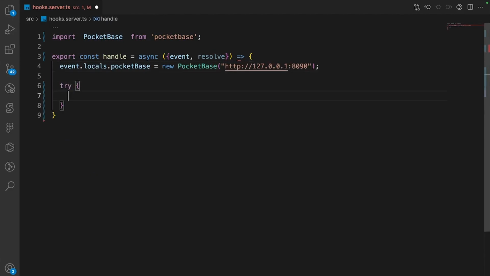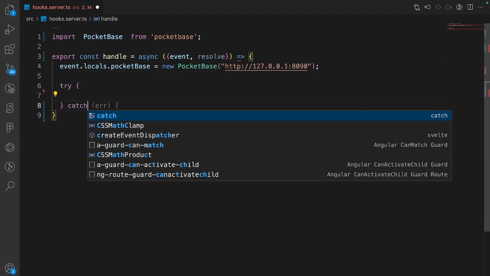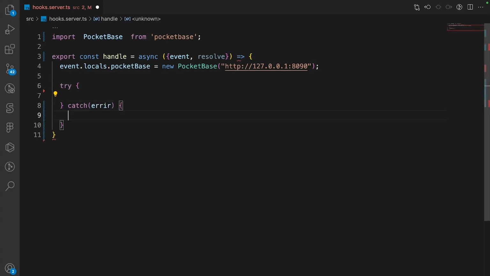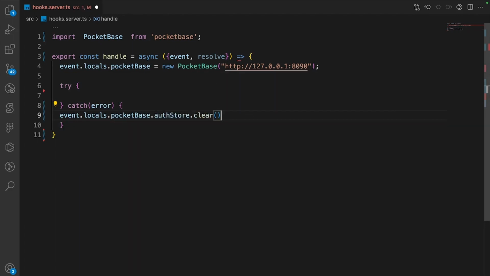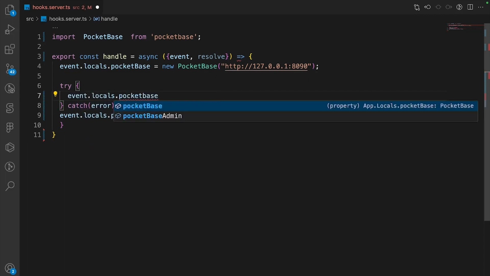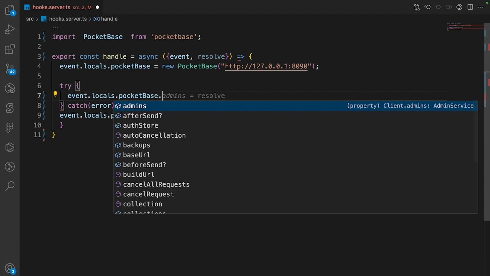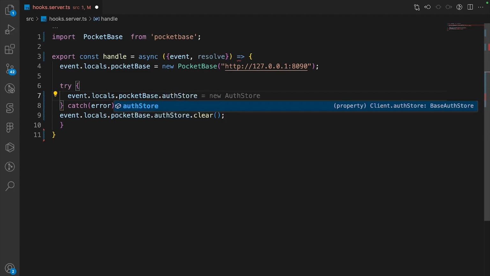So we're going to create a try catch block. If there is an error, we just say event.locals.pocketbase.authStore.clear. So let's clear the PocketBase auth store. Then locals.pocketbase.authStore.loadFromCookie